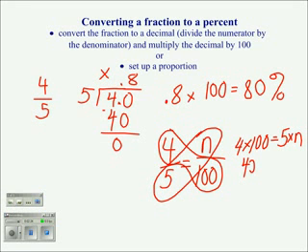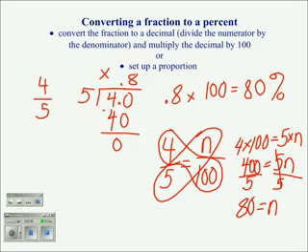So we would get 400 equals 5n. And then we would just divide by 5 on both sides. 5 divided by 5 is 1, so they can cancel out, and you're left with n equaling 80. And then we simply express that 80 as a percent. So 80 over 100 equals